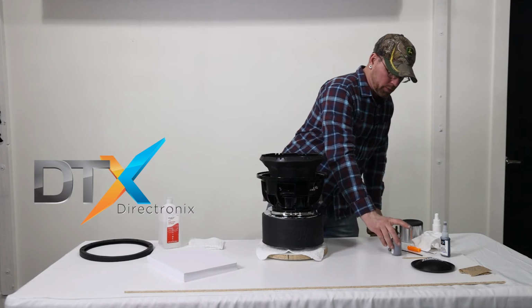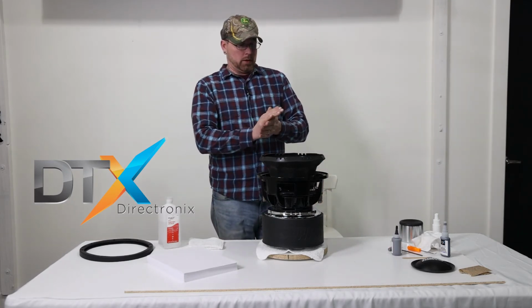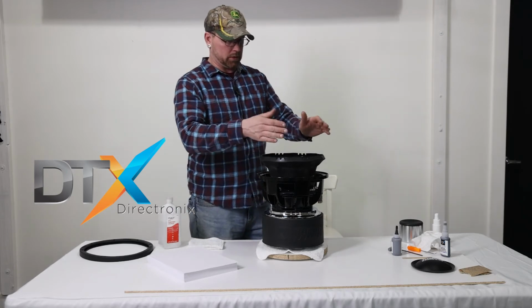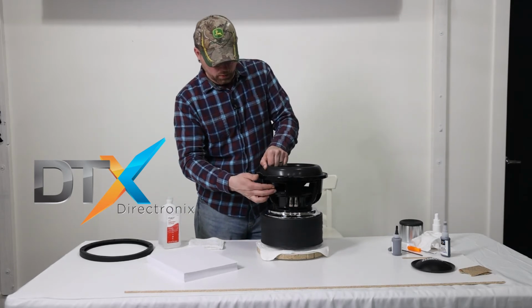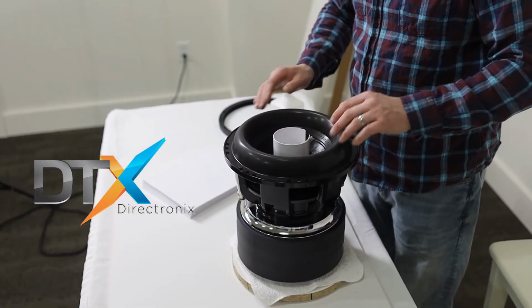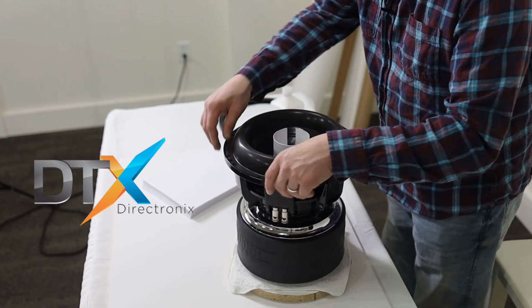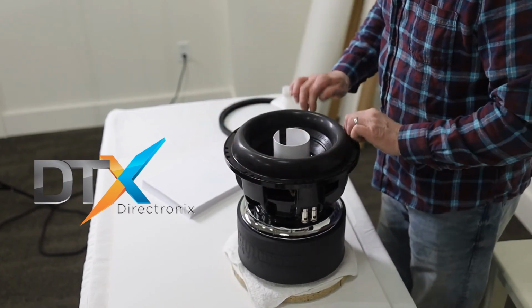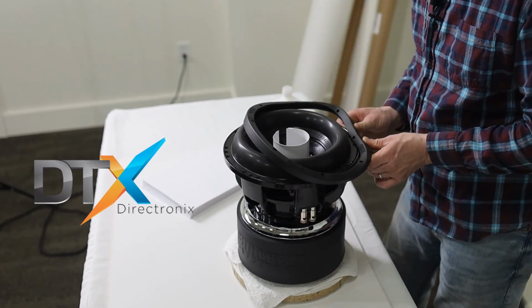Well, I just want to put the covers back on. This stuff will air out. All right, next thing would be flip this down right into the glue. Make sure it looks like it's semi-lined up. And what I do is I take my gasket